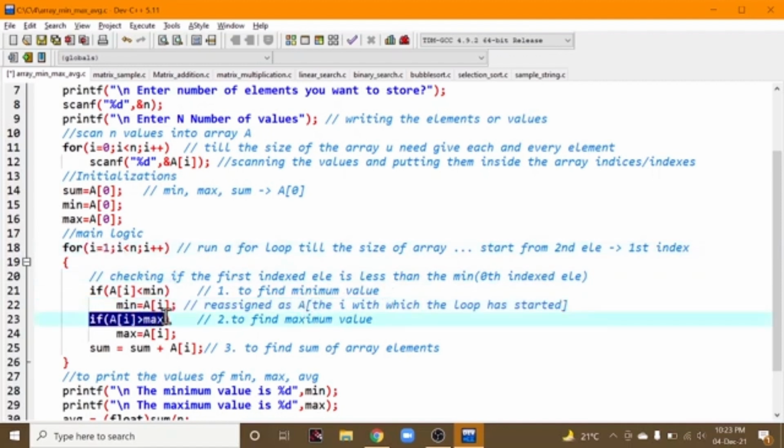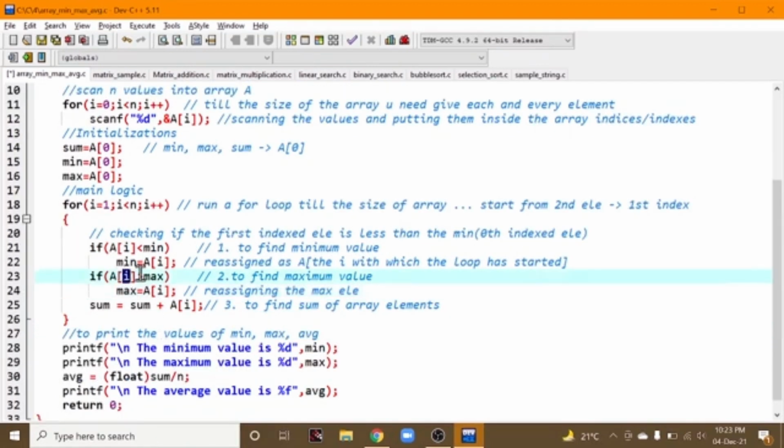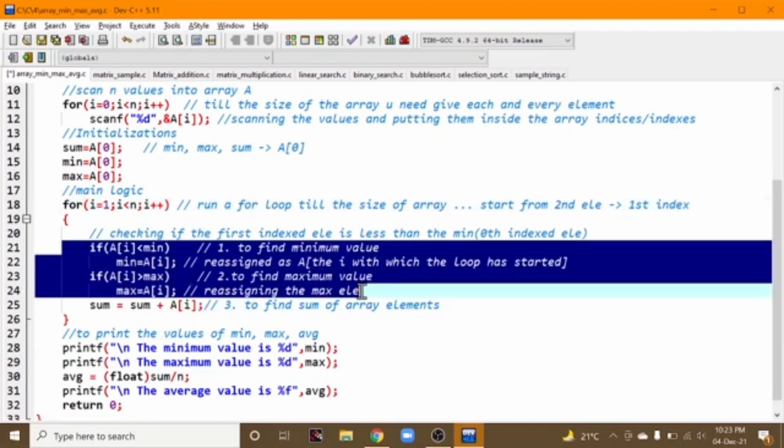And if a of I, nothing but the second element, index 1, is greater than the max, which was initialized as the index 0 element, if it is greater, then obviously this will be your max, right? So simply reassigning, same story again, reassigning the max element. Okay, a of I is the maximum, we are reassigning. So in this way we are writing two if conditions